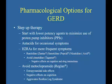Our case, MB, is using Tums. Tums is calcium carbonate, and it is an antacid, so it's different than a PPI. A PPI is going to actually shut down the acid pump that pumps acid in the stomach. An antacid actually takes the acid there and neutralizes it and kind of makes it more basic. So it's not as potent, it doesn't last as long,